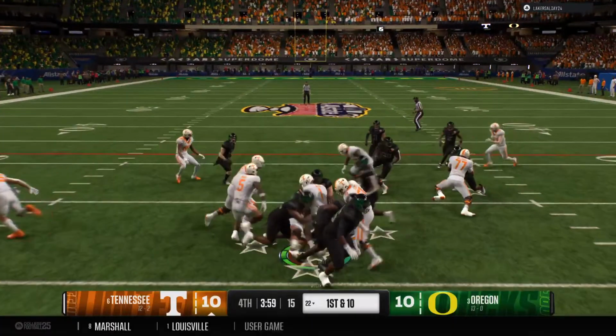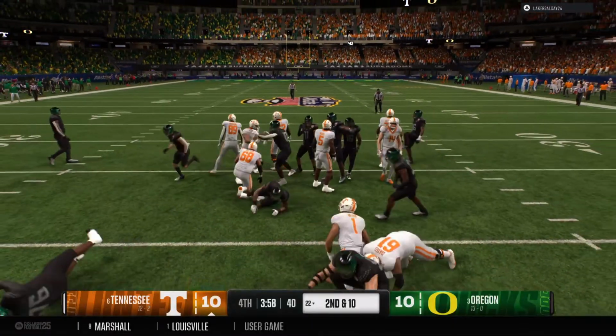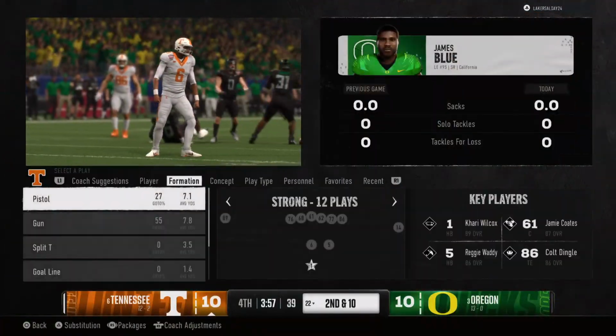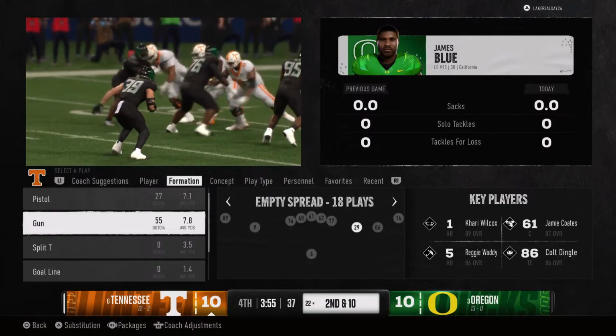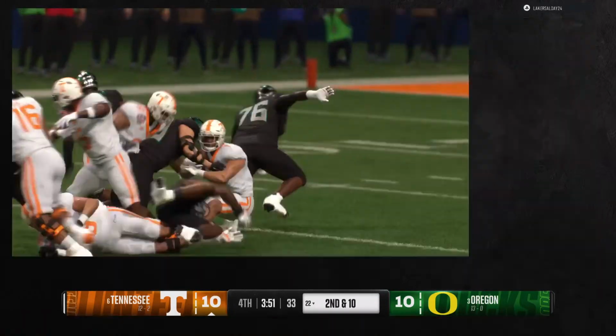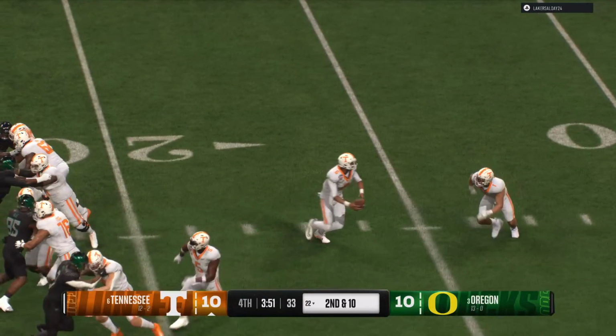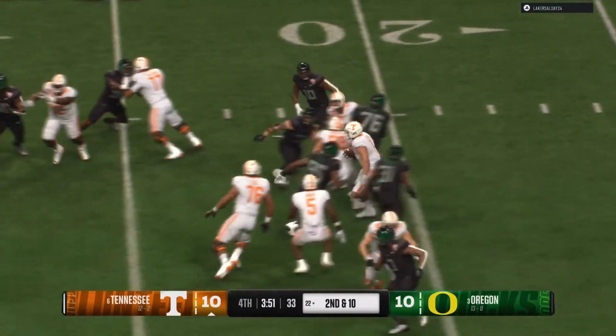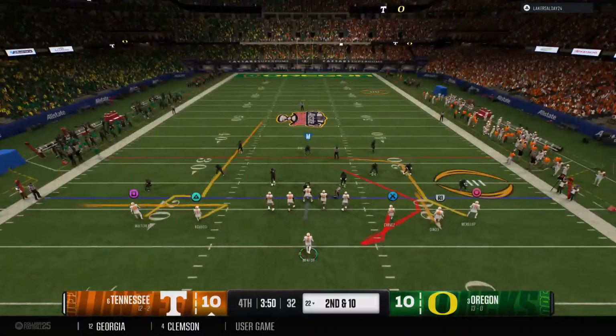The back's got it. Going to try to run inside, but nowhere to go. Chris, overall, it's been a tough day for this offense, but especially for this running back, just not able to find any kind of traction at all. And it's made this offense somewhat one-dimensional, and a large reason they're trailing in the fourth quarter.